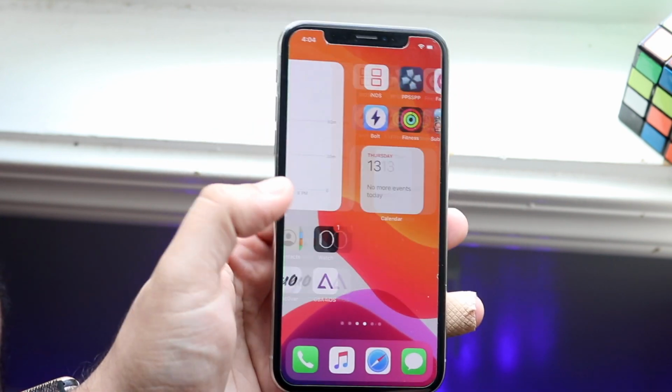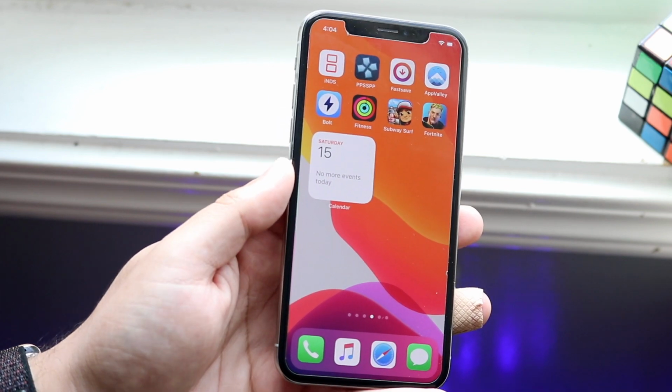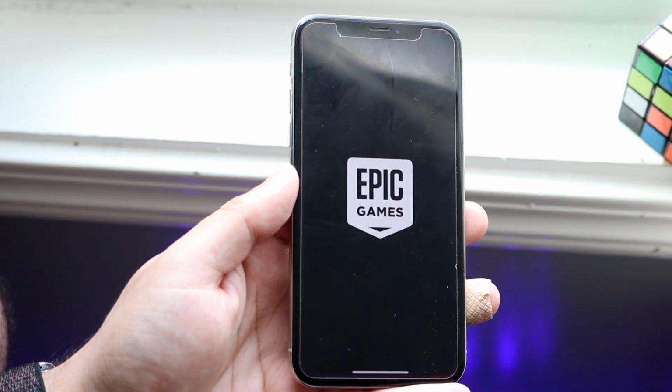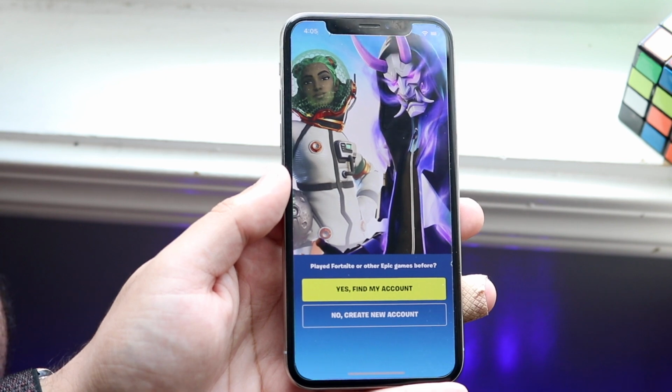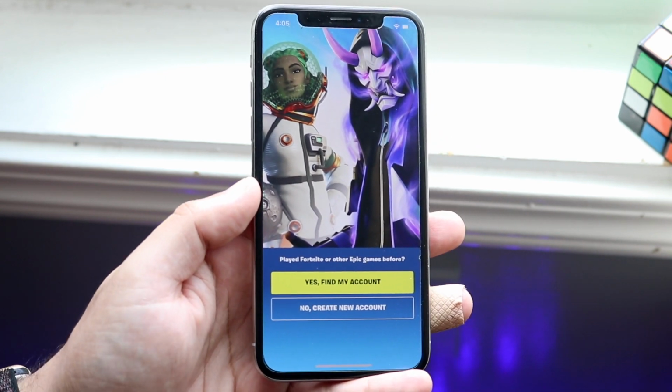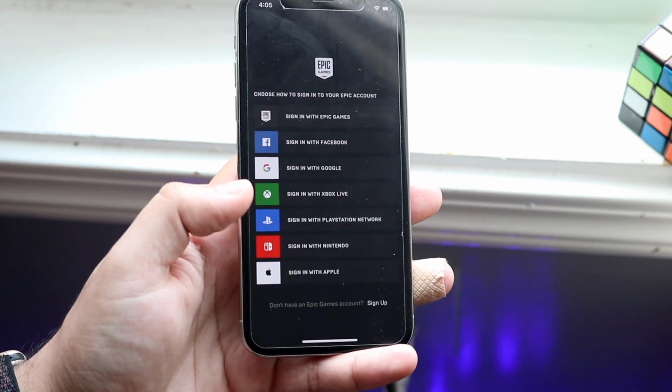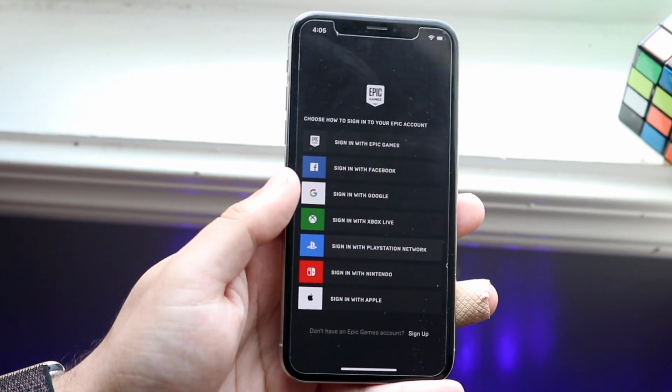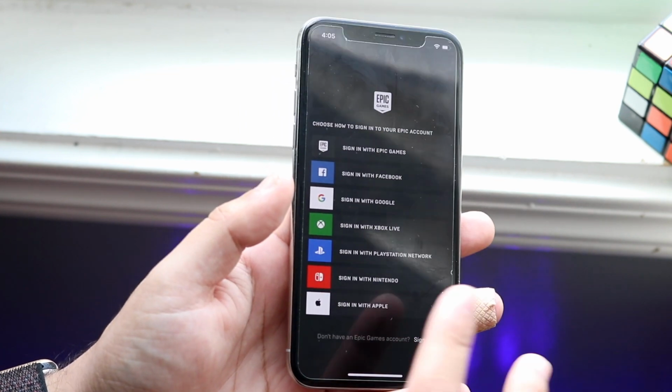Now let's go ahead and try to look for it. I should be able to find it somewhere here. I don't know where it's at. So as you can see, Fortnite on the top right here, I can go and tap on it. And as you can see, I'm still able to get into it. I can go and download whatever I need to download on it. I can go and click yes and go ahead and sign in. And as you can see, it's the main app. That's pretty much how to do it. I can sign up if I want to.